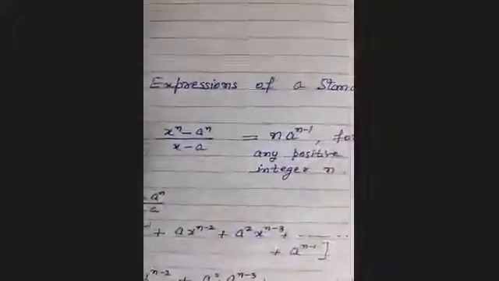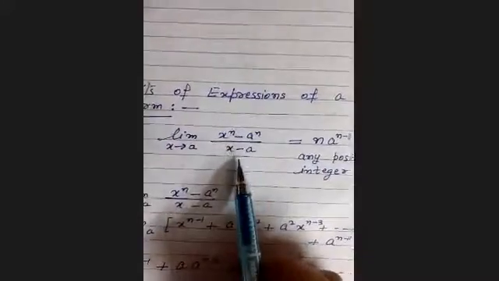Now let us discuss more questions. These two questions you try yourself, and let us do some more questions based on limits. The limit of an expression of a standard form, limit x tends to a, (x power n minus a power n) upon (x minus a), is n a power (n minus 1) for any positive integer n. Here, if we substitute the limit directly, x as a, in the numerator and denominator, you will get the 0 by 0 form, which is an invalid form.